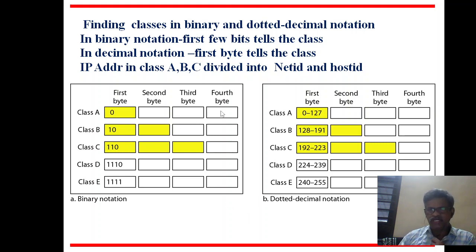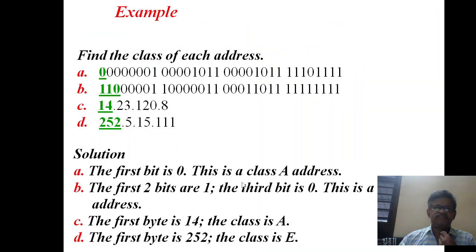So here we can see that there is one byte in yellow which denotes the network portion called net ID, and 3 bytes in white which denote the host portion called host ID. In class B, 2 bytes are for net ID, so more networks can be covered, and in each network you can have hosts corresponding to 2 bytes. In class C we have 3 bytes for the network portion and only 1 byte for hosts, meaning 255 hosts only in one network. So these are the 3 types of addressing.